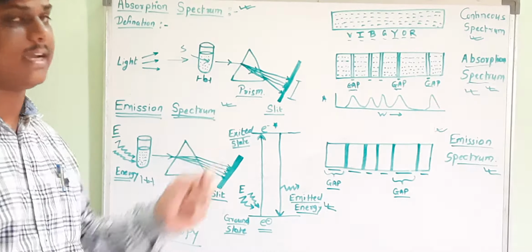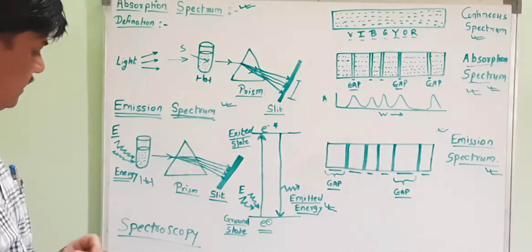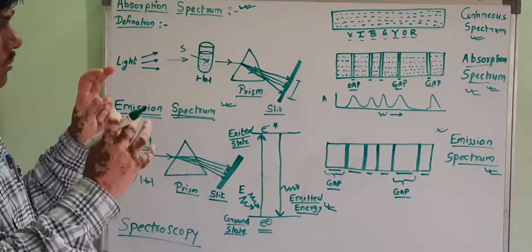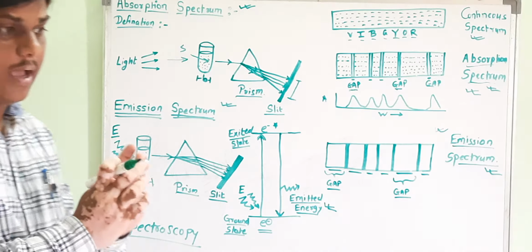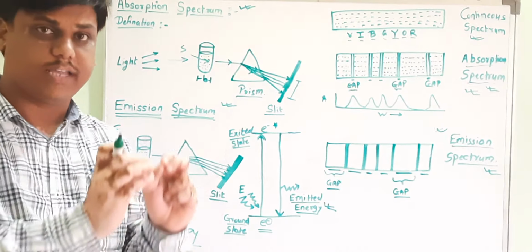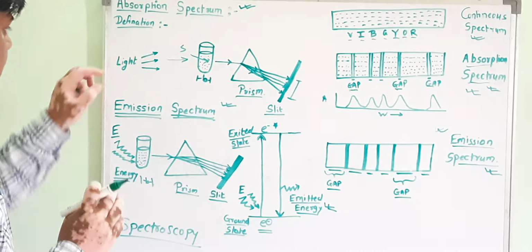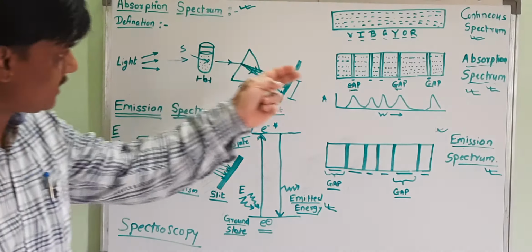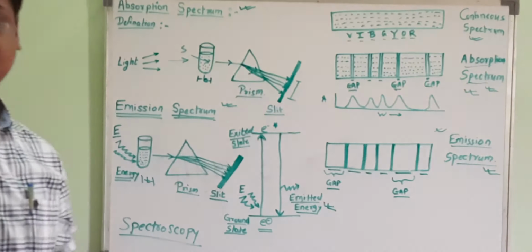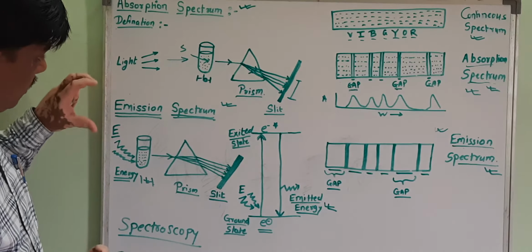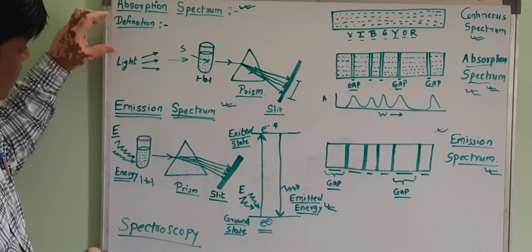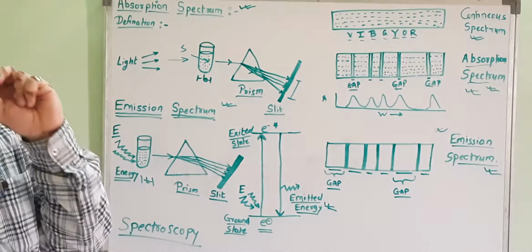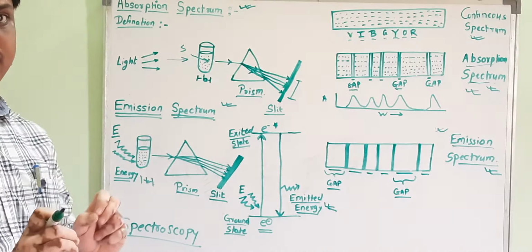Both are two sides of the same coin, and the absorption spectrum and emission spectrum both give an idea about the nature or chemical composition of the substrate present here, because the substrate is actually responsible for these various spectra. By studying the absorption spectrum and emission spectrum, we can identify the particular substrate which is present here, because you all know that